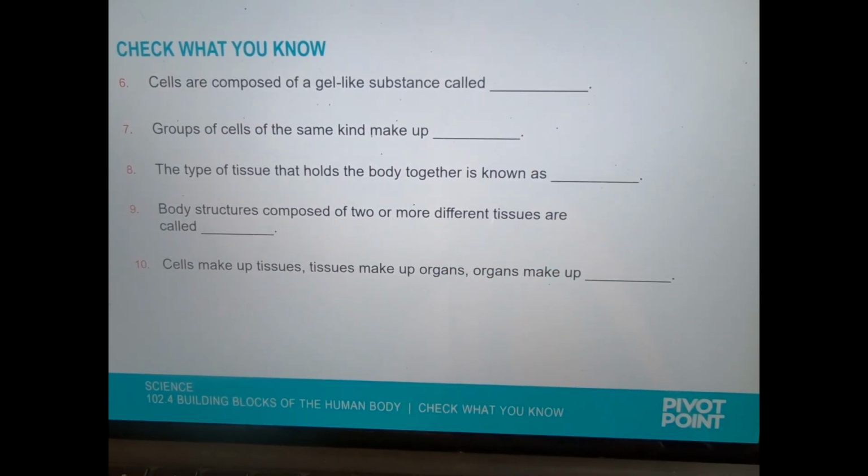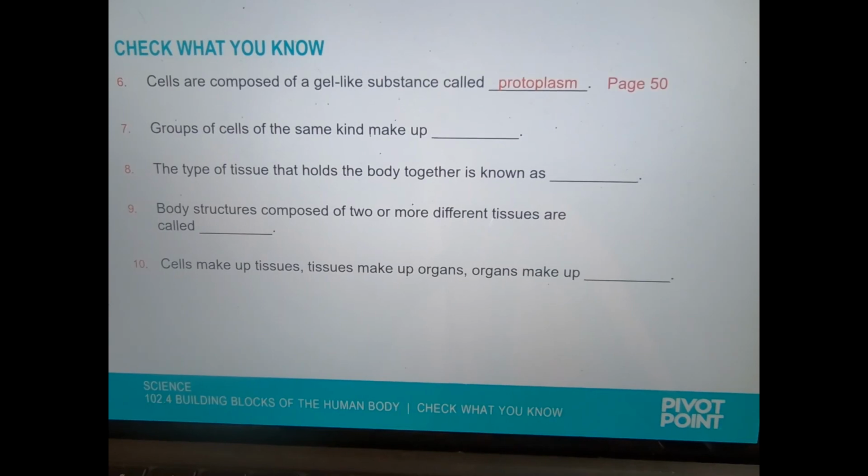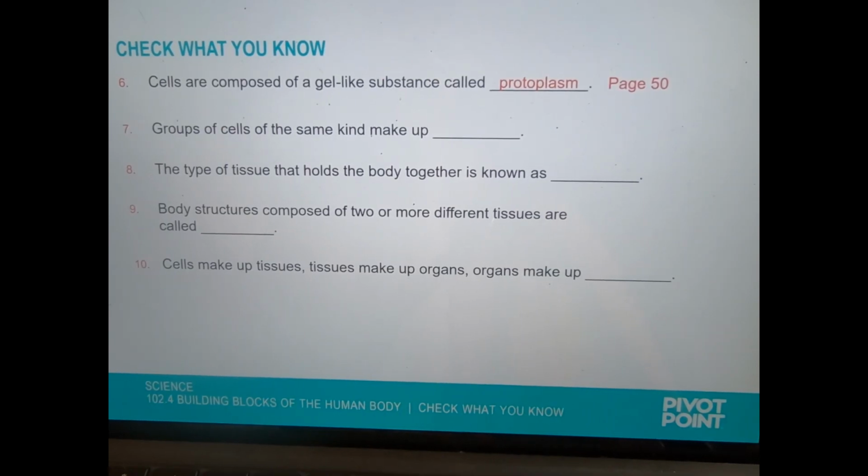Cells are composed of a gel-like substance called protoplasm. Groups of cells of the same kind make up tissues. The type of tissue that holds the body together is known as connective. Body structures